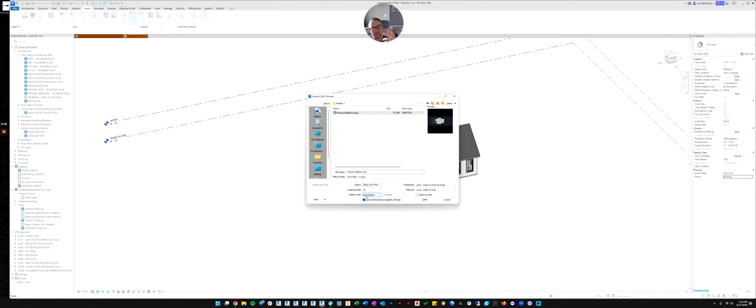If you bring in a CAD file and it's clearly not the right scale, you might play with this option and tell it what units the original file is in. But I usually leave this on auto detect. And then the positioning is another thing that you'll have to play with.